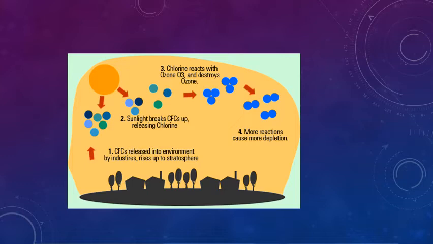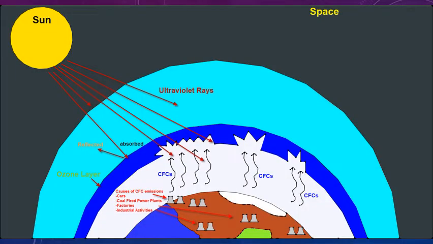The CFCs which escape through leaks in these gadgets, during the foam blowing processes, and from waste dumps reach the stratosphere unaltered, where they are dissociated by the strong ultraviolet light. Scientists are also worried that the ozone layer is being affected by pollution. Nitrogen oxides emitted by jet aircraft, especially supersonic airliners, are slowly destroying the ozone layer.